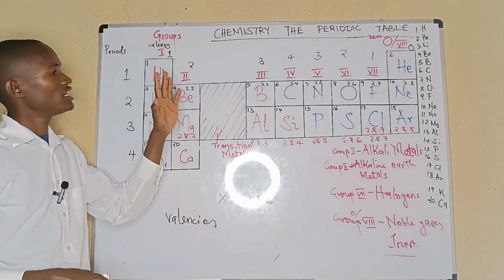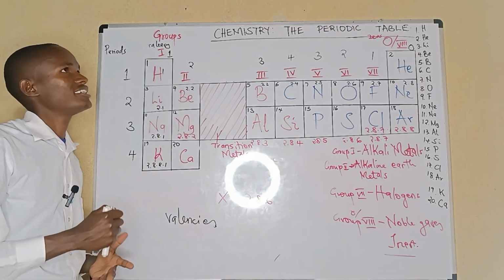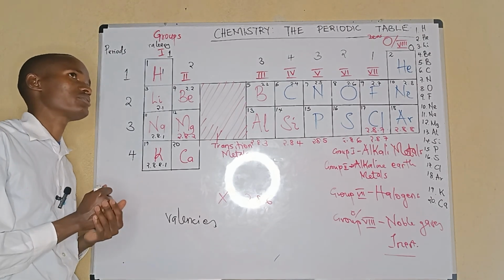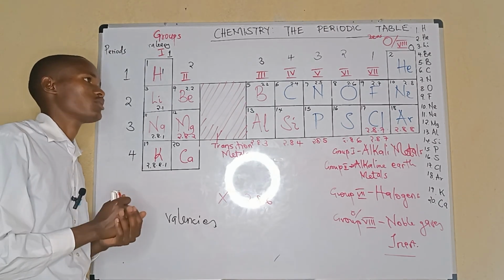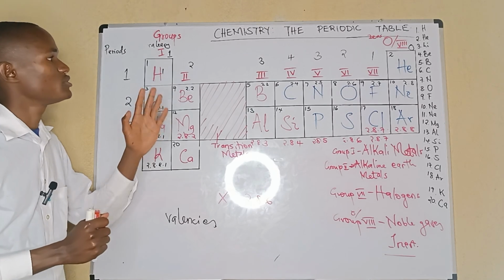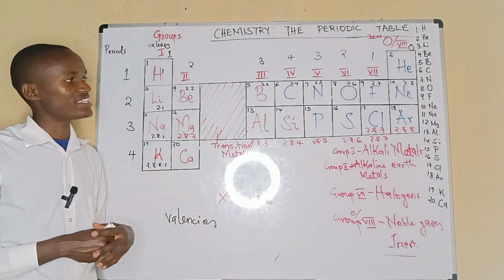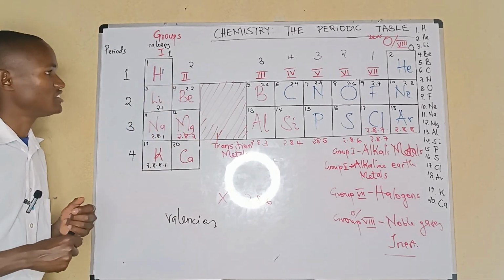Also the relationship between the number of outermost electrons in each atom of an element and the groups. So in the next part, we'll be checking on